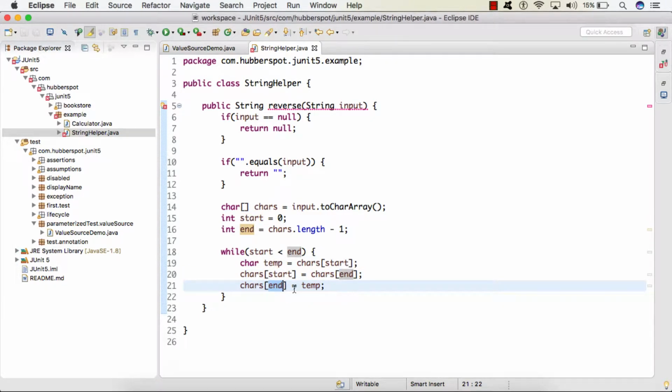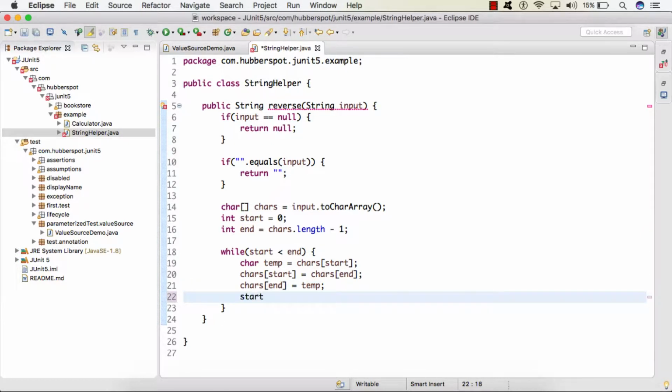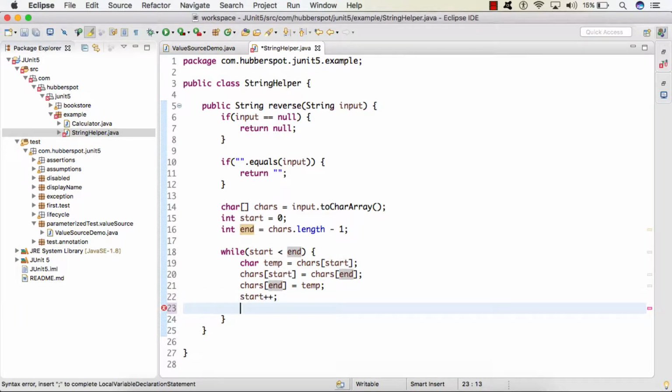So this will swap the values at start index with end index, and after swapping we'll move start by one position and we'll move the end index backward by decrementing it by 1.